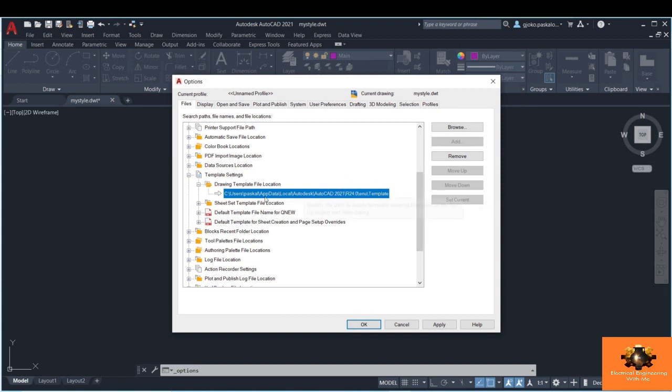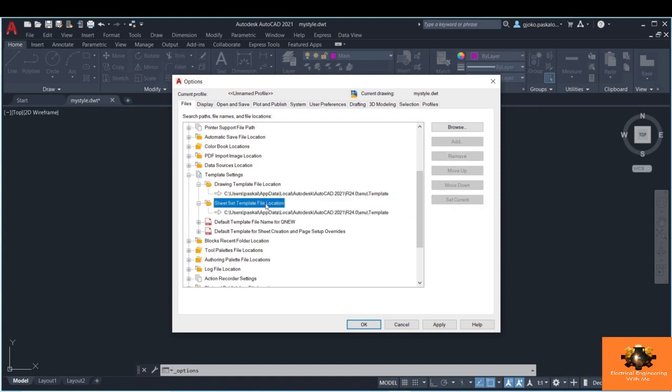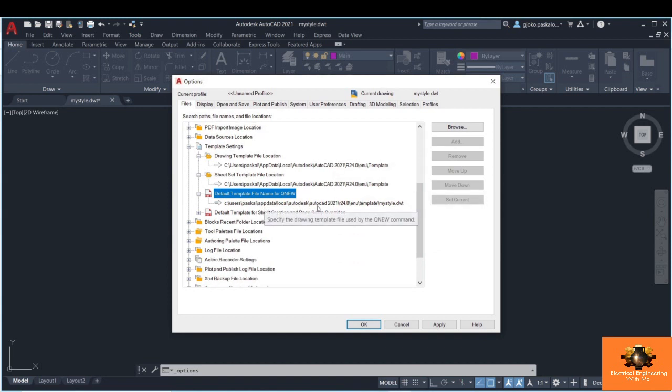The same goes for the sheet set template file location. I usually use the same locations. You can specify different ones if you prefer to work that way. Under the default template file name and the default template for sheet creation and page setup overrides, you define the default templates to be opened. So under this section you can see